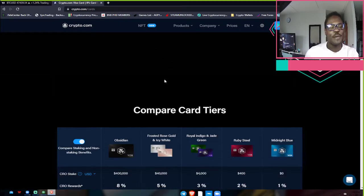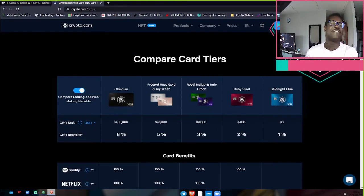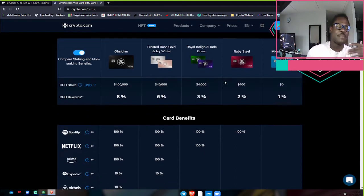On top of that, they also have the crypto.com cards, which I highly recommend later down the road for a lot of you guys. If you have one already, great, that's awesome. If not, I highly recommend you get one for yourselves. The reason is that when you're transferring profits over, if you don't want to send it back to your banks and you want to spend your crypto earnings instantly, you can always just load it directly onto the crypto card. And once you load it onto the crypto card, you can spend your crypto. And at the same time as well too,